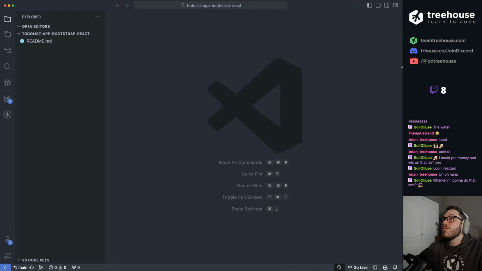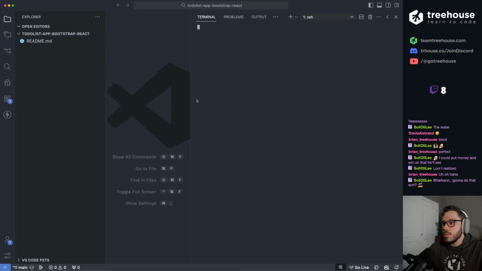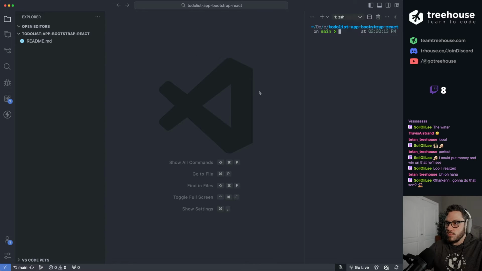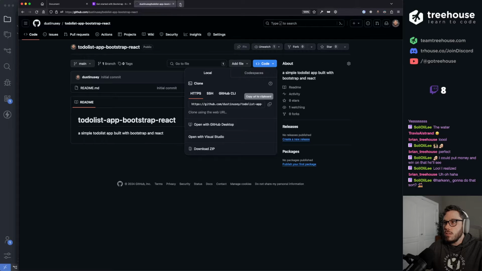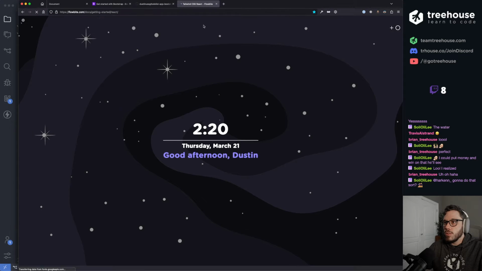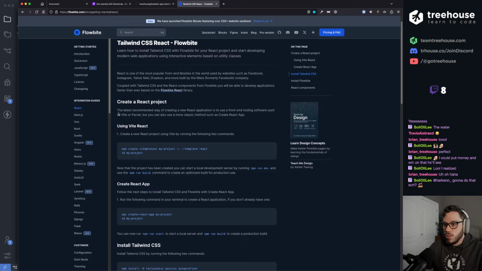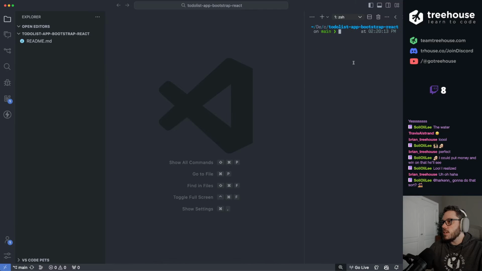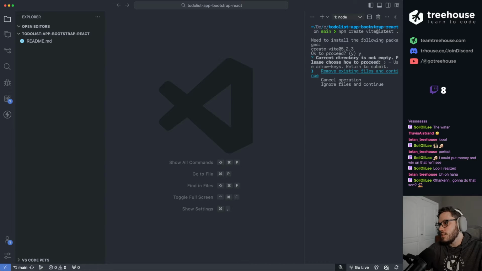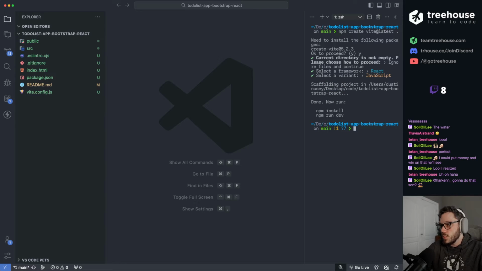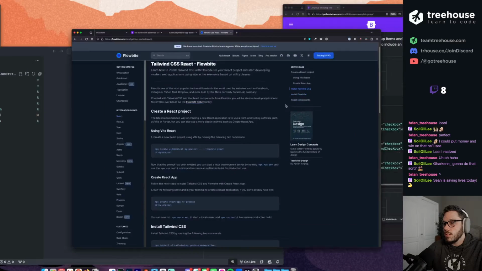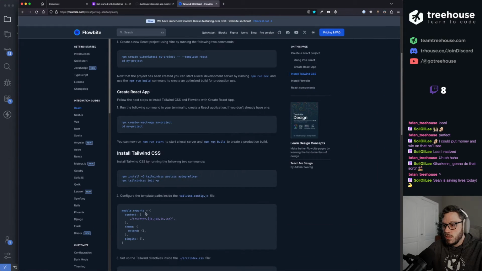All right, so we have this up. Let's open up the terminal. I'm just going to do a new setup because I got everything I need in here. npm create vite@latest. Well, I already know how to do all that, so let's just do that. npm create vite@latest. Same directory. Need to install the following packages. There's a Vite update. All right, ignore. We're going to React. We're going to do JavaScript. Let's install everything. Create vite. Did all that.